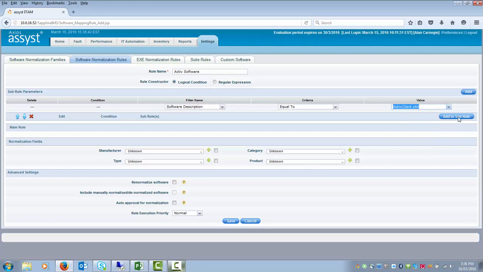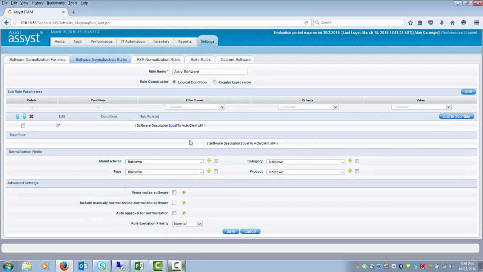I'm going to add that to the subrule. So it tells me my little condition is description is equal to active client, which is exactly correct for active software. We can certainly write much more advanced scripts than that should we need to. So when you get involved in things like HP and Hewlett-Packard and H.P and H.P packet, all these things we're going to think about. The normalization fields I want to care about at the minute is going to be the